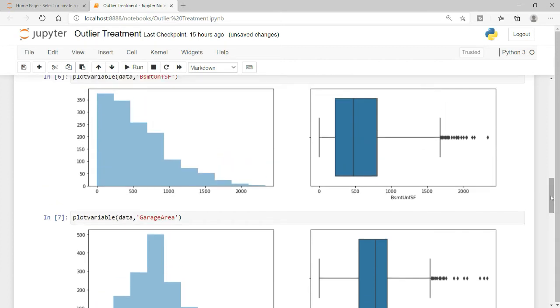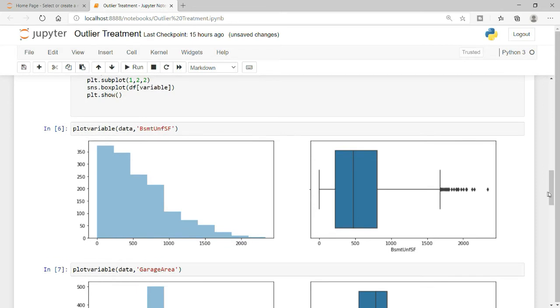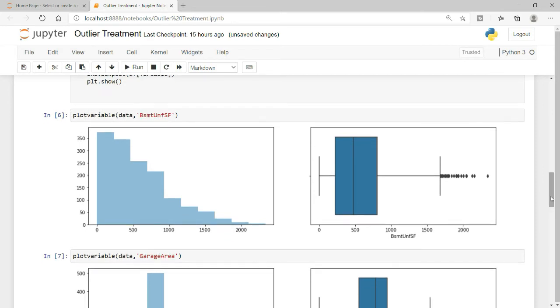So these two are the variables which I have printed, and you can easily understand that we have outliers here. So how can you understand it? If you look at the plots, you see that most of the observations are here, where you can see my cursor. Most of the observations are stacked here, while some observations which are very few and higher in magnitude are over here, so these seem to be outliers.